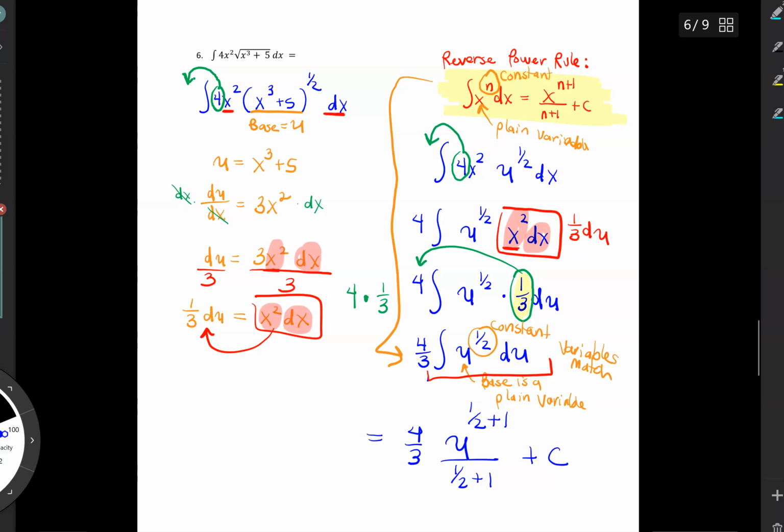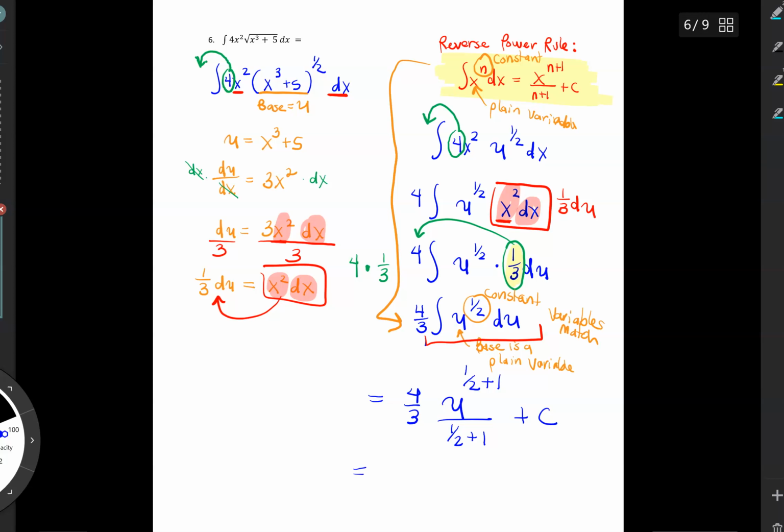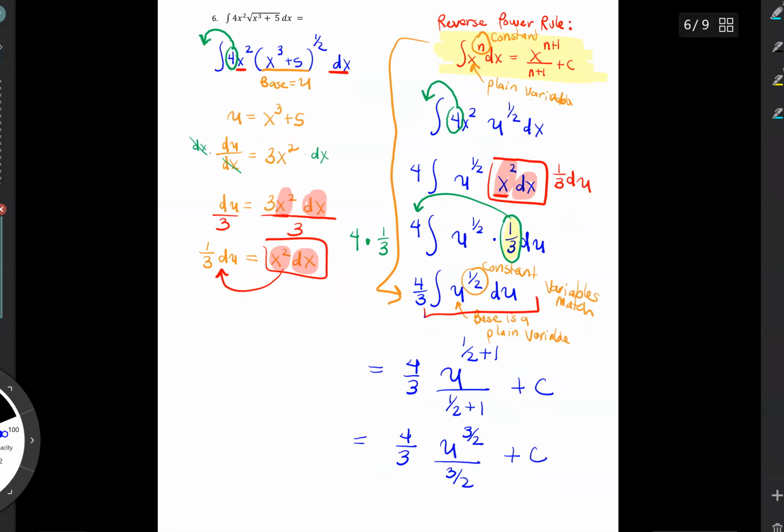I'm just following my template. So let's clean up those exponents a little bit there. So that's going to be 4/3 u to the 3/2 over 3/2. You can just do that in your calculator if you want, plus c. You could also make it 1.5 if you wanted to use decimals, that's fine. But this is yucky, y'all. So before I unsubstitute, I'm just going to clean this up. I'm going to take my 4/3